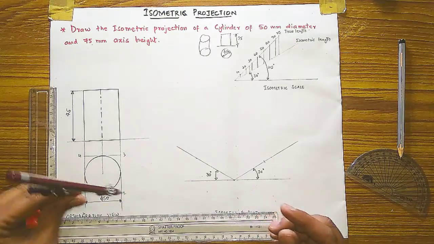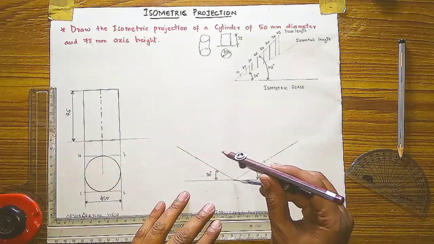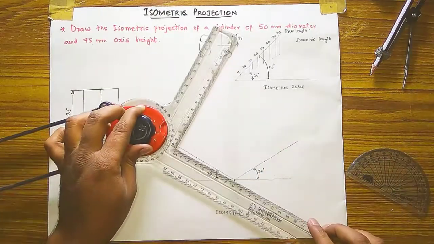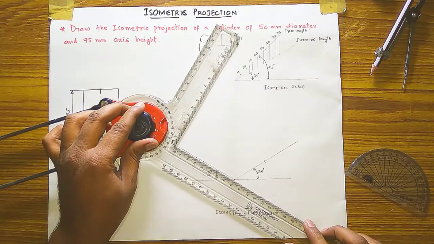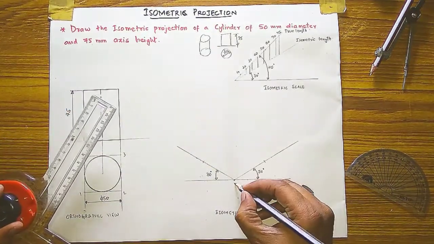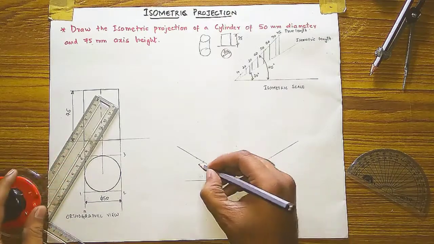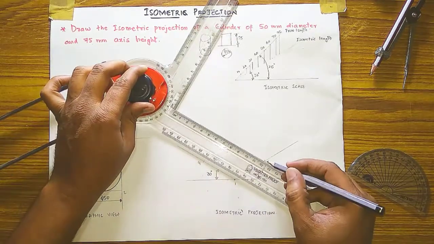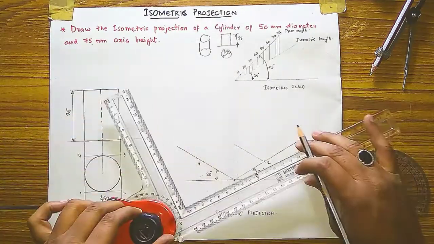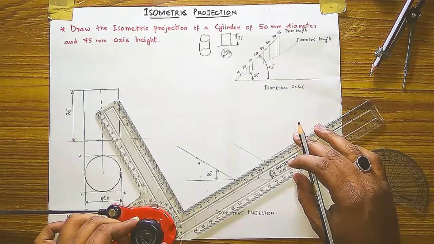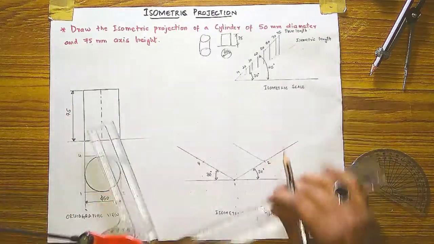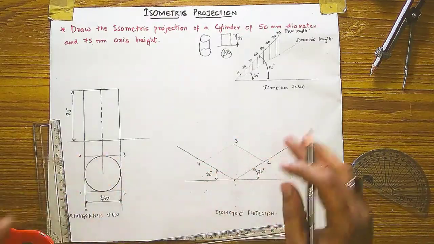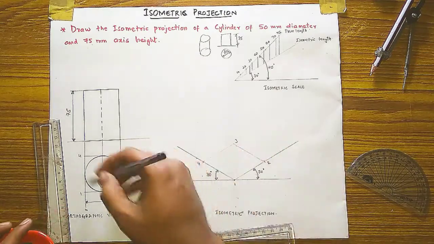So once you take this distance and this distance, and by adjusting your mini drafter to that angle, first this one will be 1, this one will be 2, and this one will be 1 4. The third point I get by adjusting this mini drafter, taking a line from here and adjusting to this angle and taking a line from here. The third point is 3. 1 2 3 4, the rhombus we have created, and in this rhombus only you have to draw this circle.